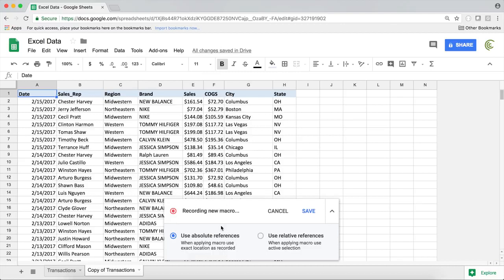So now it's basically recording whatever I'm doing on a screen. And there are two ways of recording. There is the absolute reference and there is the relative reference. So I'm going to start with absolute reference for you to see what's going to happen. Macro recorder is basically now looking at what I'm doing and it's going to record all the steps so it